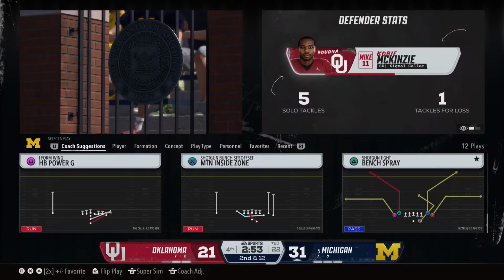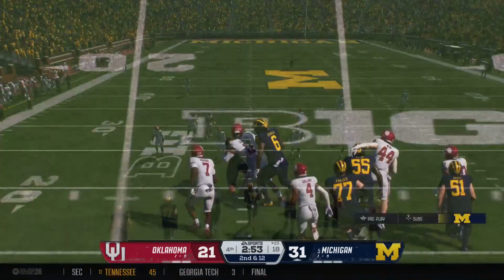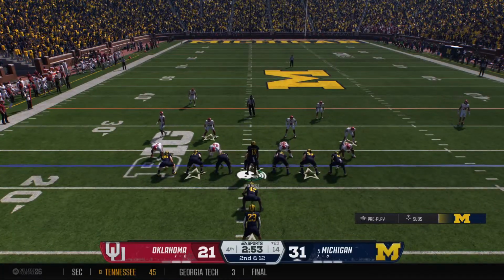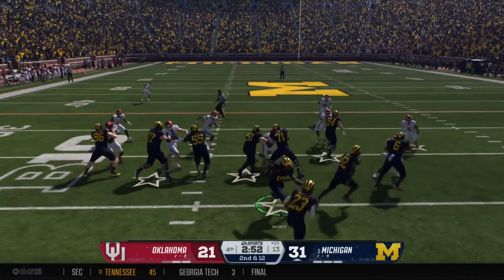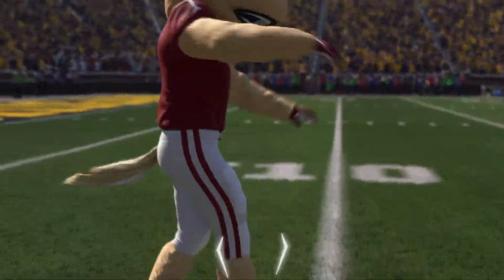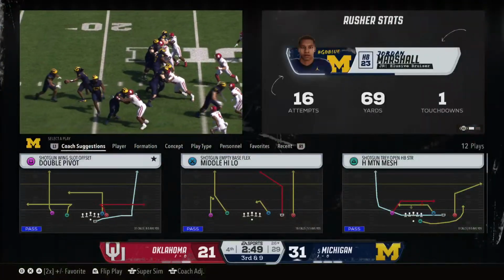Trying to ice this game by running the football and leaning on the clock. They've got a pretty good lead here late in the game, but the defense knows the run's coming, right? So they're going to be loading the line of scrimmage, getting stops like what they just did. It'll be interesting to see what the offense does on this next one. And not much on that run either. Going to put us in a 3rd and long. It's not what we need.